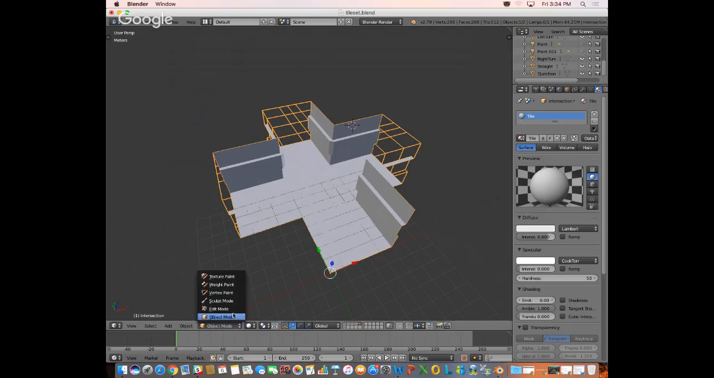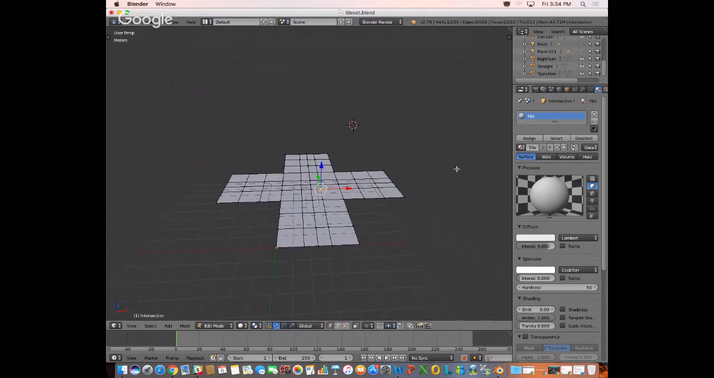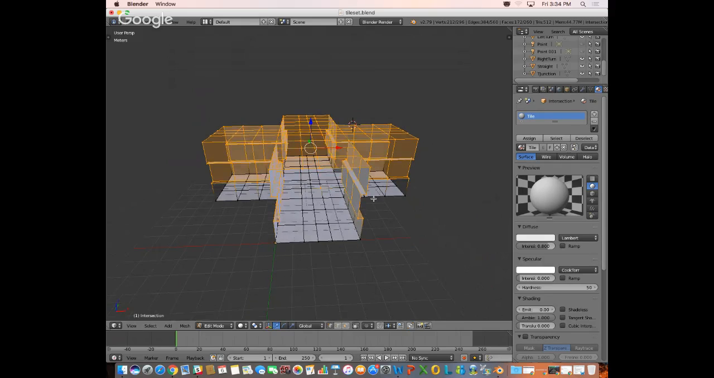So we're going to go back into edit mode, and here what I've done is I've hidden the walls, and to unhide them, you can press Alt or Command, or Option H, which brings them back. So that's all I've done. I've just hidden them. You can unhide them as an example,